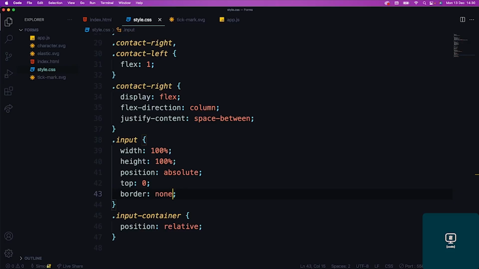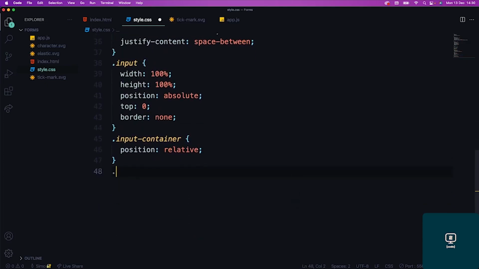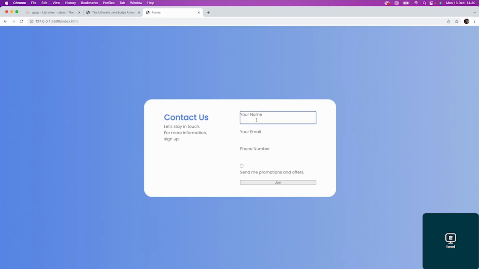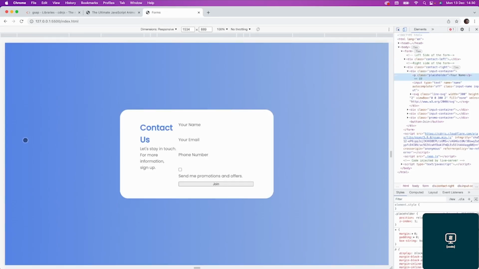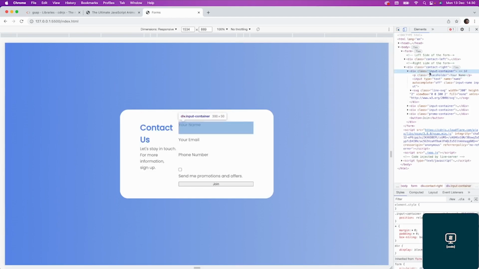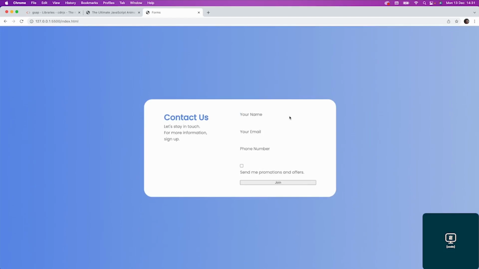So the way we can put it on top is go down here, grab the placeholder, add a position relative to it, and then all you need to do is add a z-index of 1. And that's going to put it right on top. So as you can see now, if we do an inspect element, here we go. We have our input container. There's our placeholder, and our input takes up the full size of that container. So no matter where we're clicking here, it's always going to click inside that input,